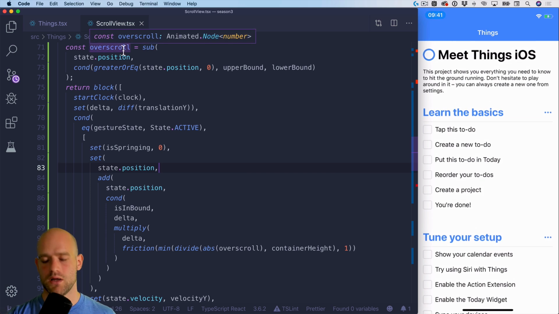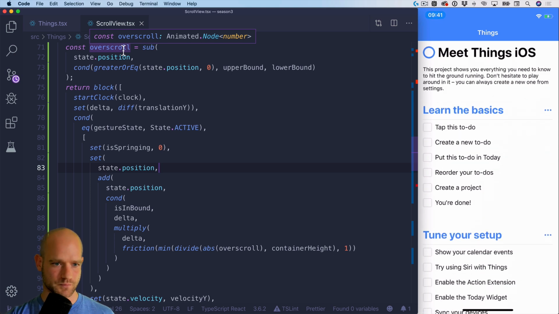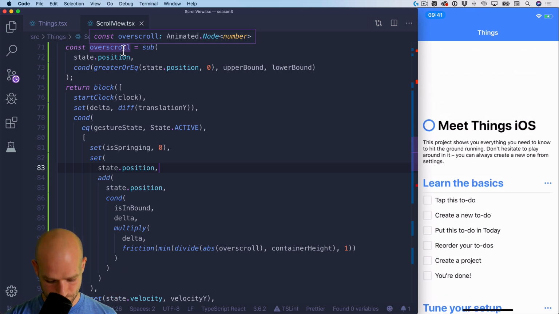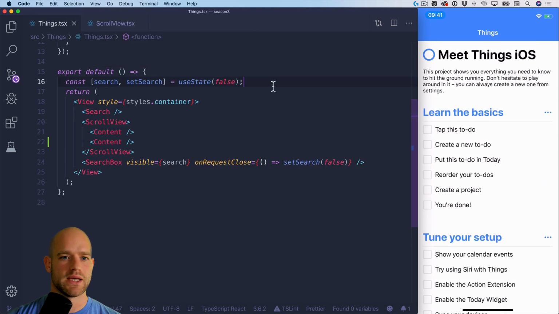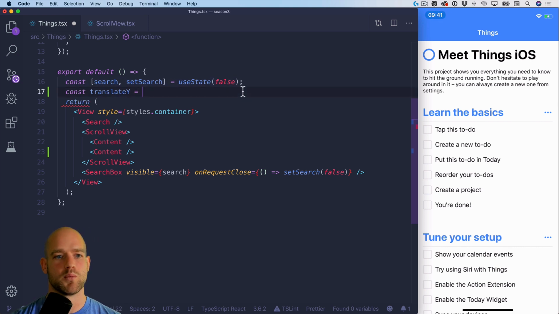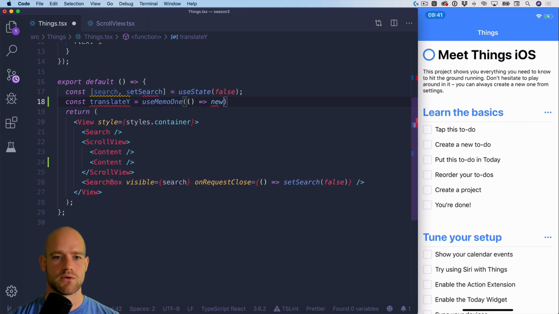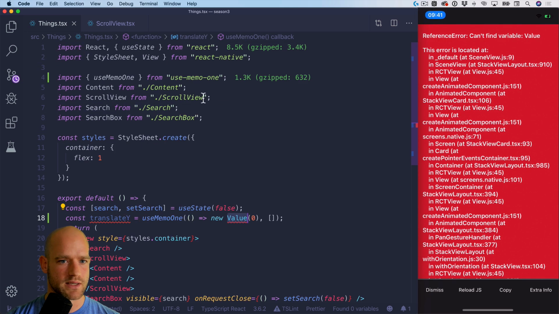Now let's do part 2, which is going to be to detect that we need the search box to appear, and then we need to add the transition for the search box to appear nicely, and we need also to display the icons with the proper colors and so on, and translate them nicely. So here I'm going to create a translateY variable. Because here we have a state and we want to keep the identity of the animation value, I'm going to wrap it into a useMemo. So I'm going to return new value, no dependencies,